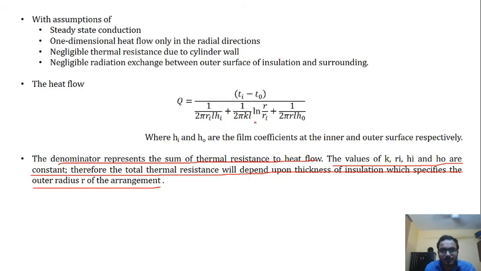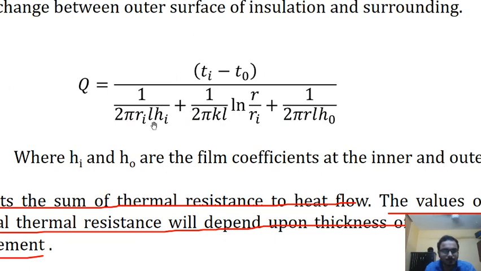So here, if you focus on this formula, then small r is present at two locations, in this middle term, and here in this last term. Here r is in the numerator and here r is in the denominator. So at some instances, this r will increase this term and this will decrease this term. So when r increases, the second term increases and the third term decreases. So we are not sure what will be the overall effect of r on Q.